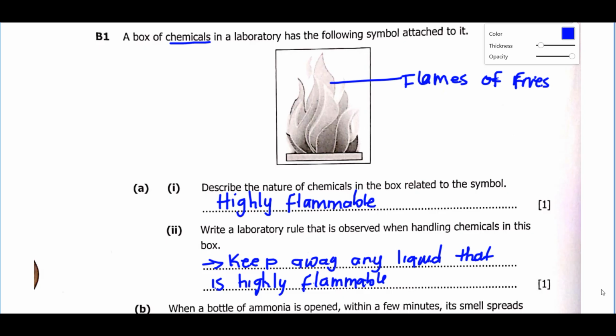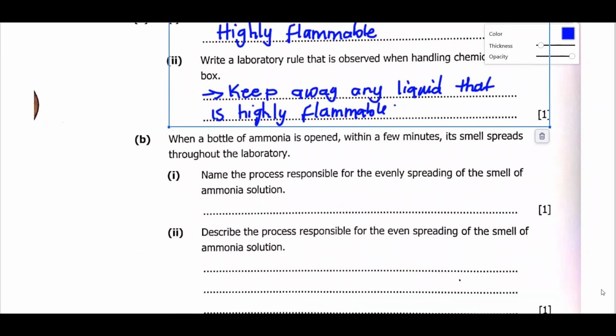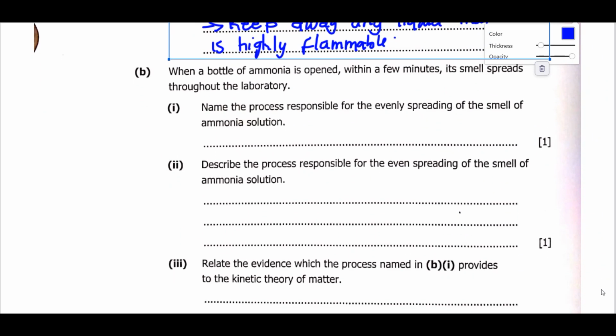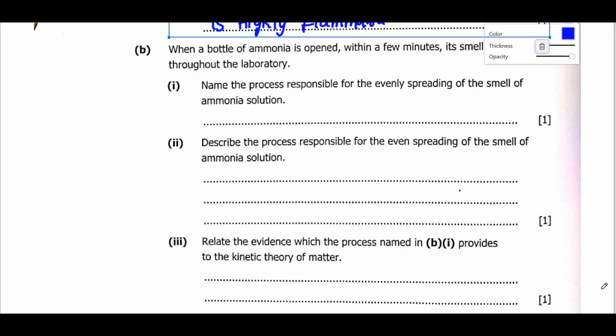Okay, so we can now move on to question number B. Question B is talking about when a bottle of ammonia is opened, within a few minutes its smell is spread throughout the laboratory. So Roman number 1, name the process responsible for the evenly spreading of the smell of ammonia. If we look at evenly, we are looking at where we have the equal smell. So the process responsible for evenly spreading is known as diffusion,